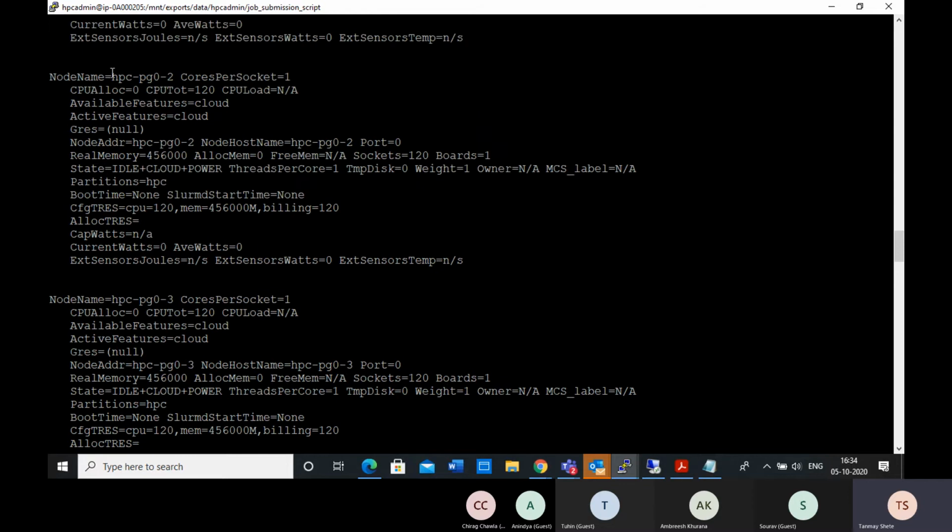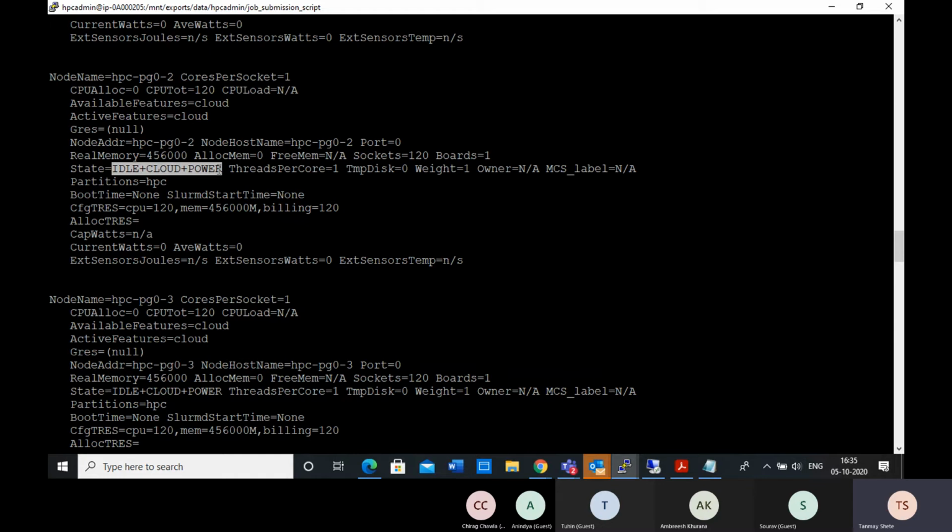But for all other machines, this is like a 1000 core HPC cluster, you will see idle plus cloud plus power, because the machines are powered off. In fact, once your job is complete, it is always better to check whether the machine goes back into this state or not. There can be a possibility that multiple users are submitting jobs, so your job is finished, but some other job is there, and because of that the machine is still on.